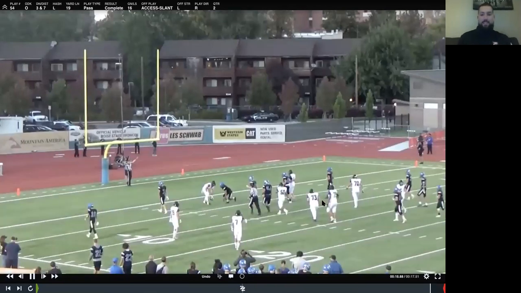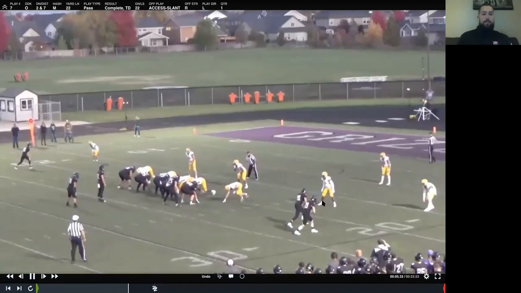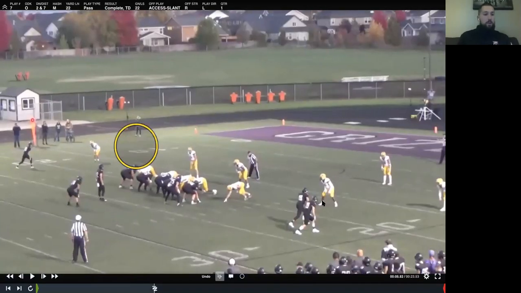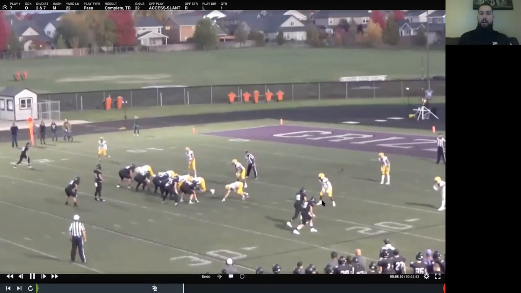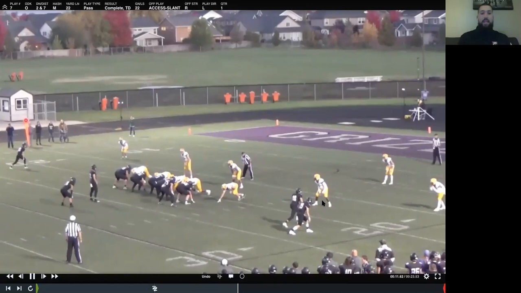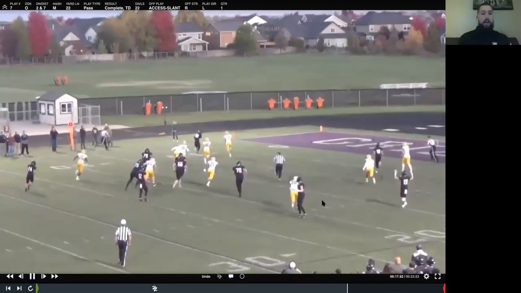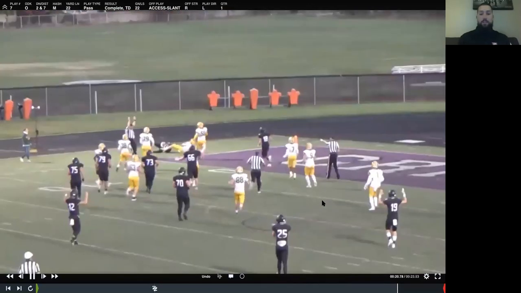Okay, another access slant here. So we're right middle here, right? And so we get our guy up and win inside. Okay, just running cutoff zone or duo right there, fellas. He catches the ball, makes one dude miss, and he gets to the hut, right? So it's simple stuff. It's simple stuff.